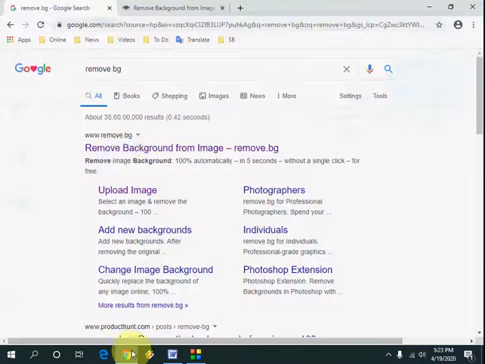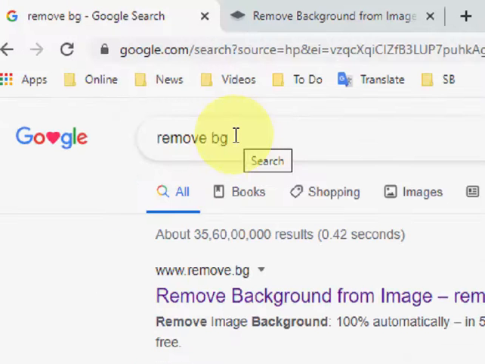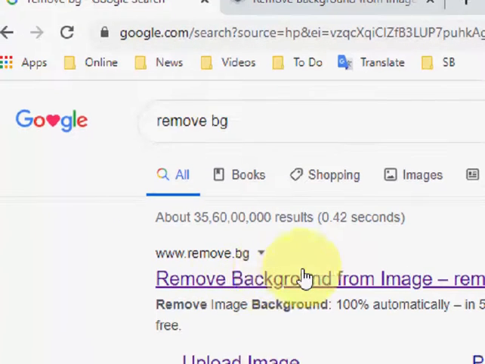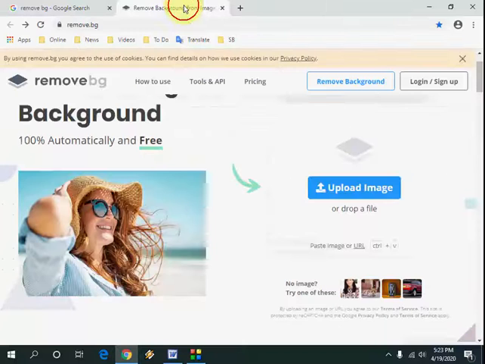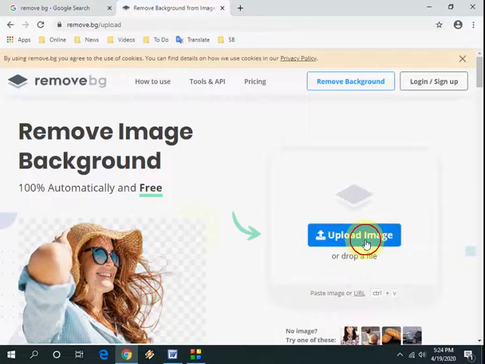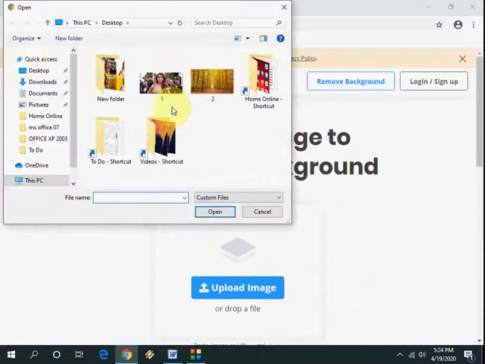So for this, you need to go to Google, open any browser, and open the Google. In the Google, just type remove BG and hit enter. Search it. So open the first link. This is the link. Open it. So here, click on upload image. Select the image which you want to remove the background, open it,